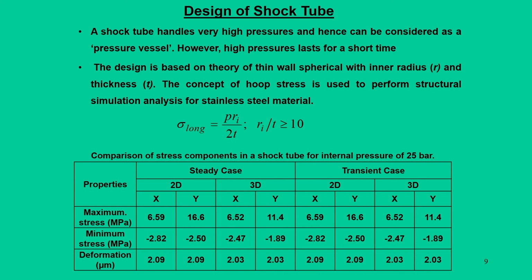Now, I will talk about the facility we have in-house at IIT Guwahati, and some design aspects. In the design of the shock tube, since it is a pressure vessel that handles very high pressure, we can expect a pressure of about 25 bar, and you can go up to maybe more than that, but then you have to think about different thicknesses of materials. So, when you start with this shock tube, with an initial pressure of 25 bar, it must handle that.